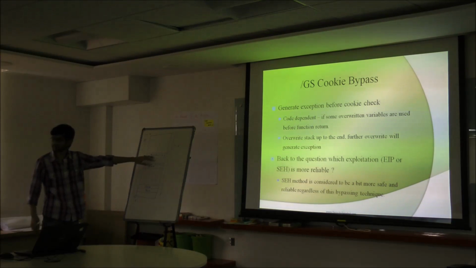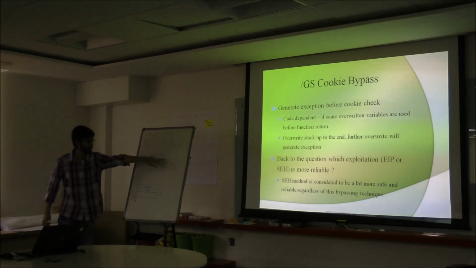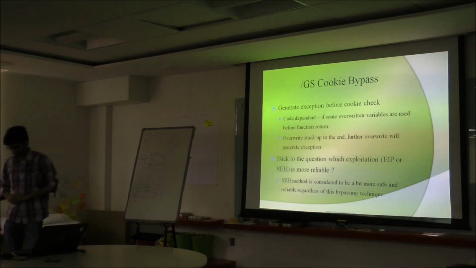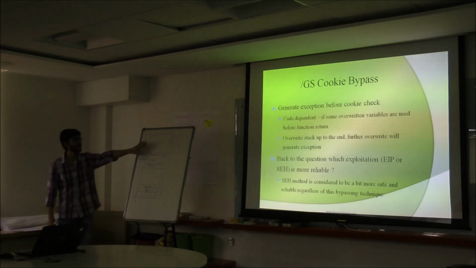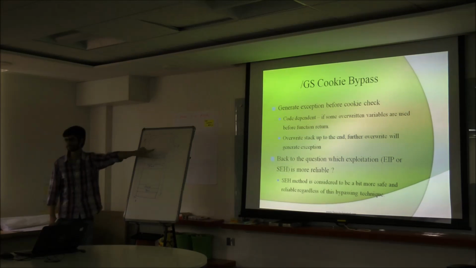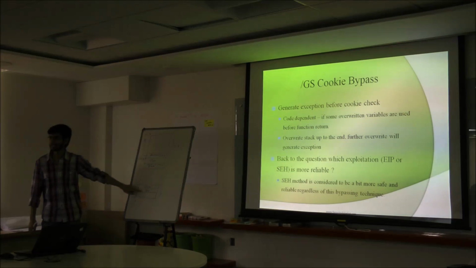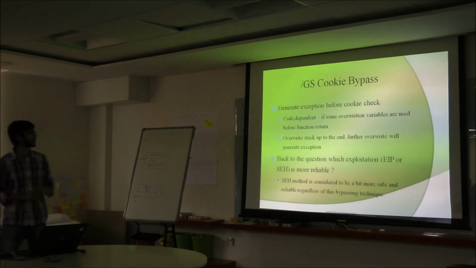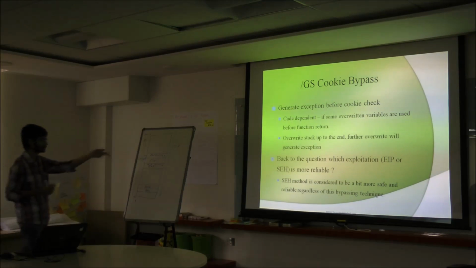Now, if the JS cookie is there, because the cookie check failure is done before it, it's terminating the application in that function. So I cannot reach here because it's terminating the exception. Now for the bypassing, because there is no check here, I have to generate an exception before this check. Because if I can generate the exception before this check, then I can land into this area and execute my code here. Got my point? So the idea is to generate the exception before the cookie check. Before we actually check the cookie, we generate the exception.